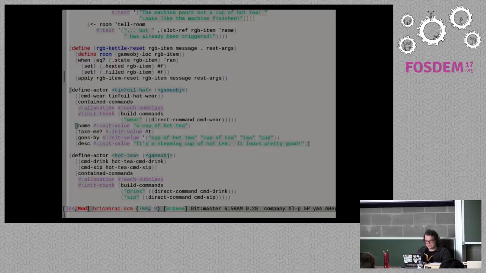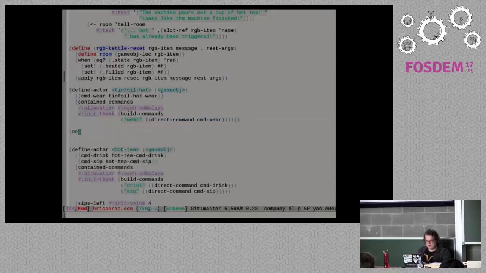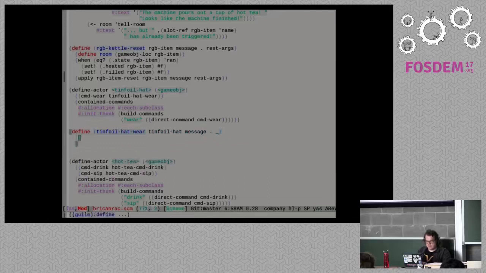So now I need to define the command, tinfoil hat wear, tinfoil hat message. We don't really care about anything else. We're just going to do this super fast. So message from message.